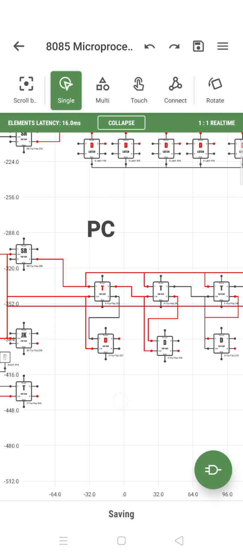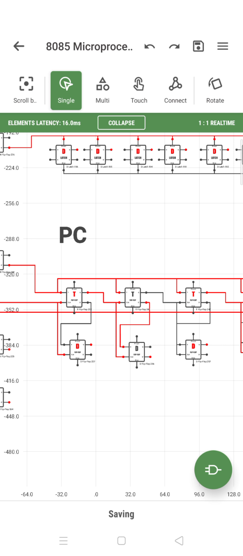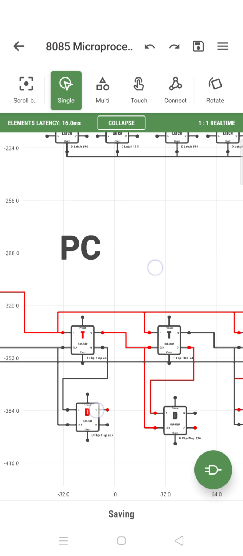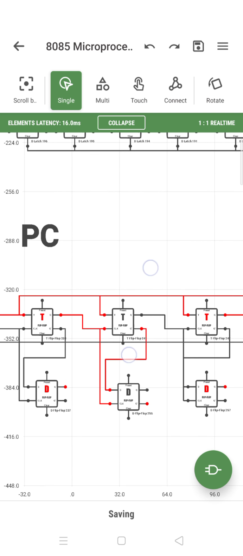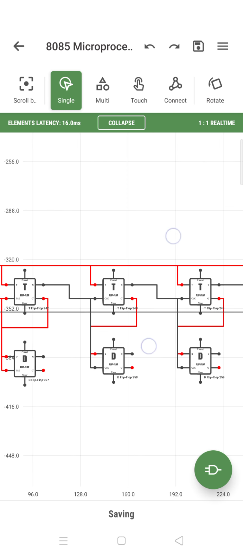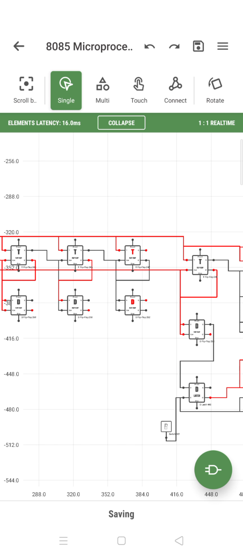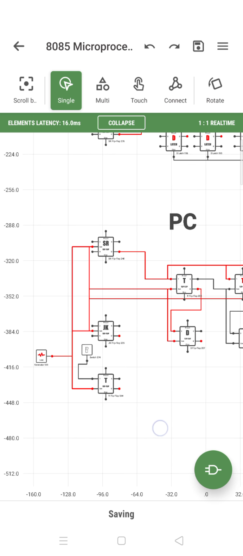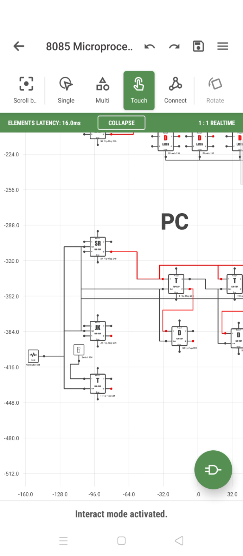Now for the program counter, because it is time related, we are using all T flip flops. So the program counter is always made of T flip flops, which just do counting. If you want to see the simulation, I have given the control circuitry and turned on some of the things, so let's see how the program counter goes.